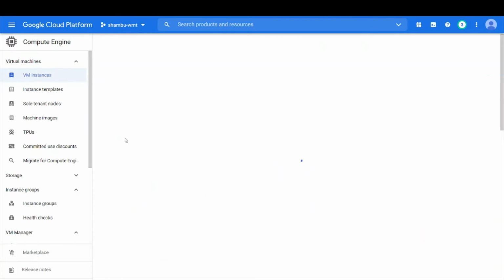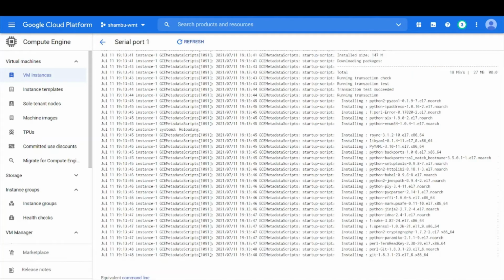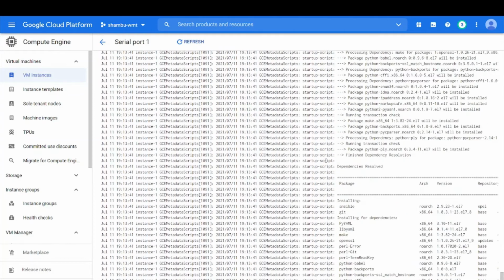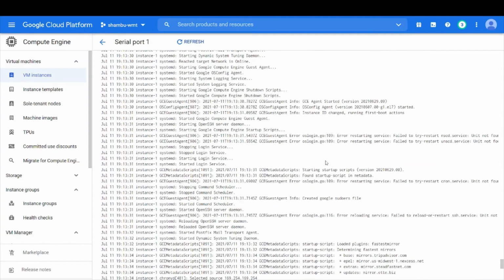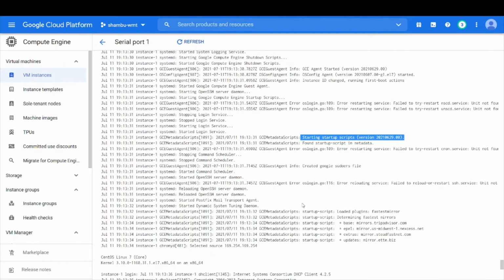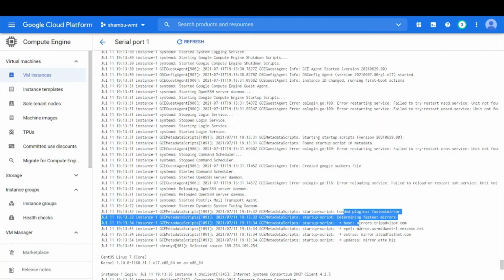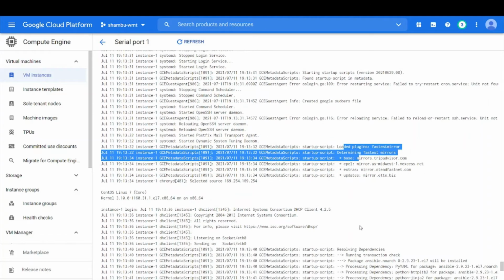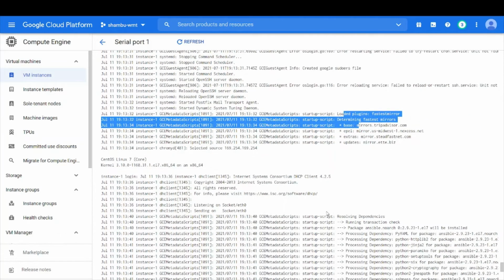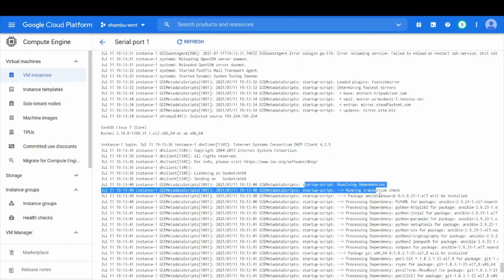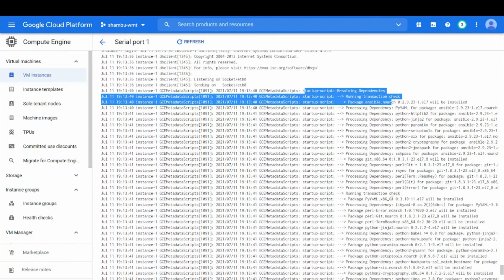If you open the serial console output, we'll be able to see that this script is running. It started from here. Okay, and what it is doing, it is installing Ansible.